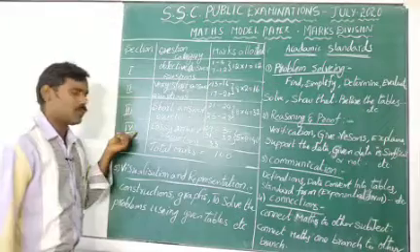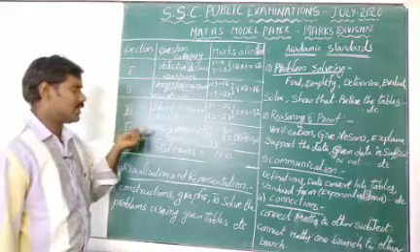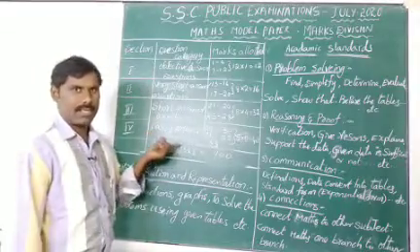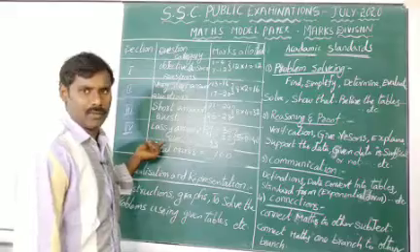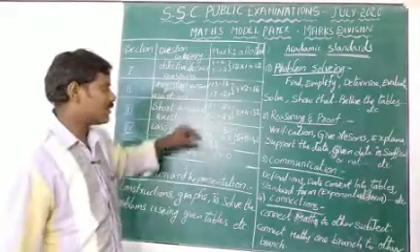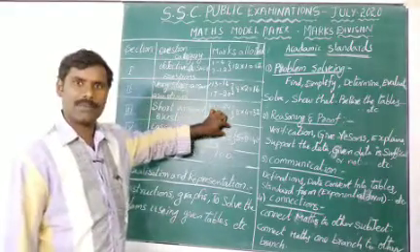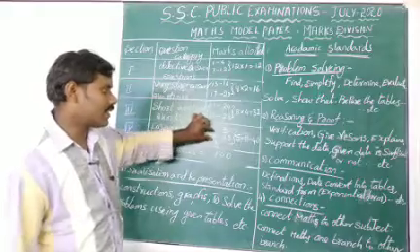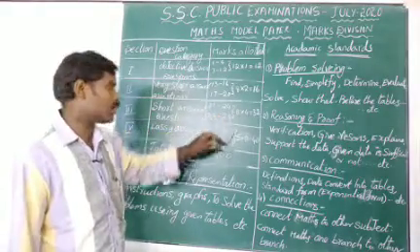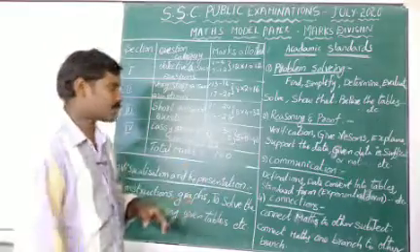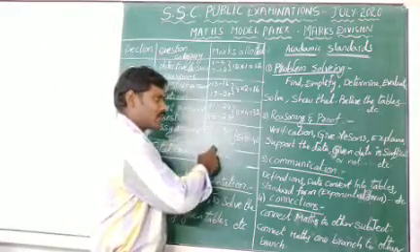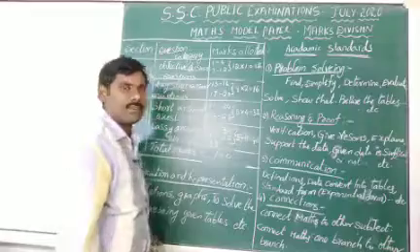Now we go to the fourth section, essay answer questions. Each one has 8 marks. In total we have 5 questions. Questions 29 and 30 are paper 1, 31 and 32 are paper 2, and the 33rd question is either a graph or a construction. Totally 5 questions, 5 into 8, 40 marks.